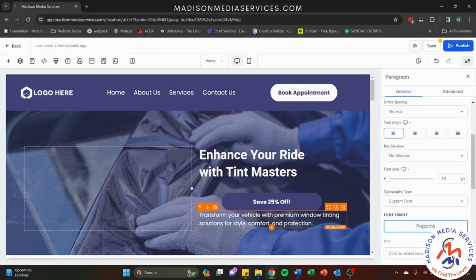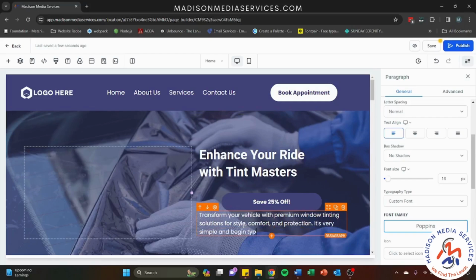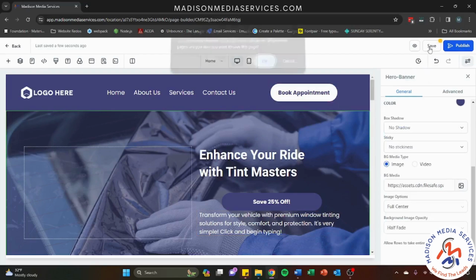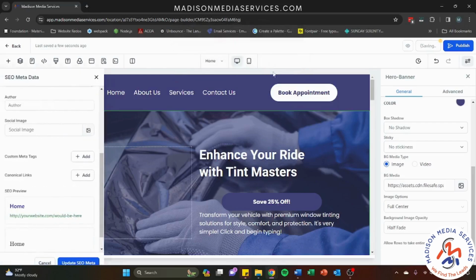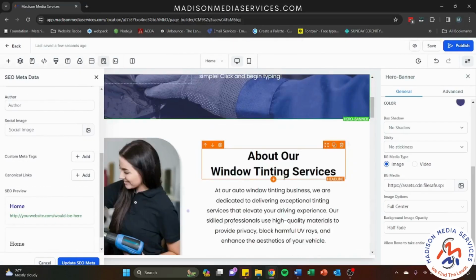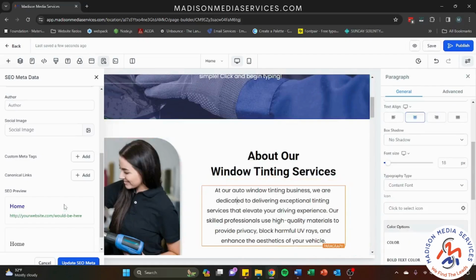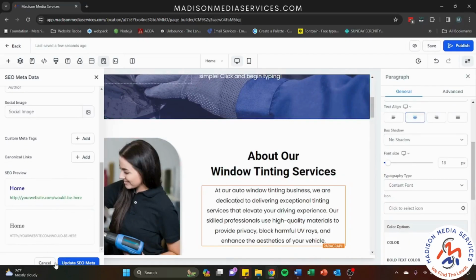If you want to edit text, it's very simple. You just click and begin typing. Remember to hit save as you're going. Sometimes you'll get little reminders that you're updating other pages as well. If you do update your SEO metadata, make sure to hit the update SEO metadata button. For now,